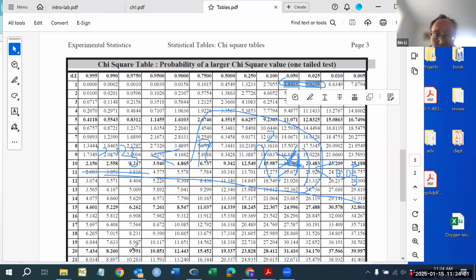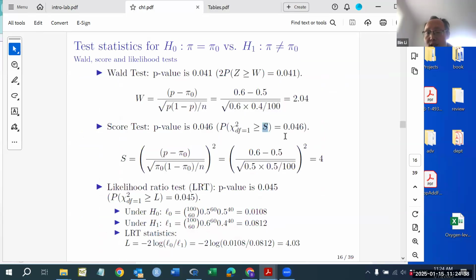Okay, if I do the plot, the chi-square distribution looks like that. It's always non-negative. Let's say 4 is here. The area on the right side of the 4 is bounded by 0.05 and 0.025. This is the reading from the tables. But of course, if you use the software, it will give you the exact value. So the software tells you the p-value is